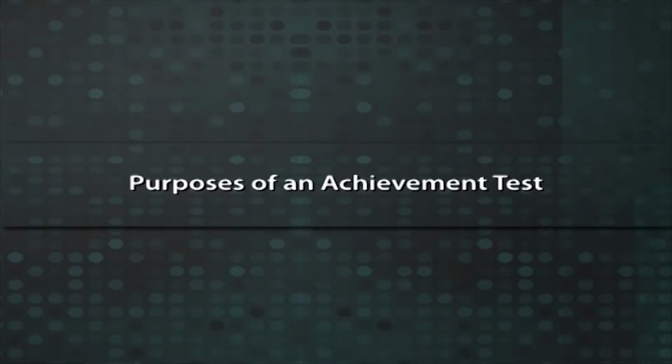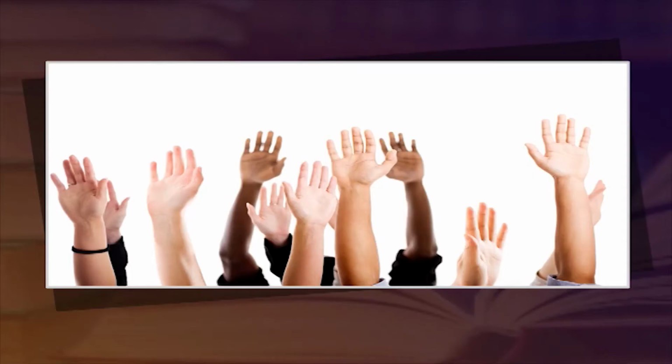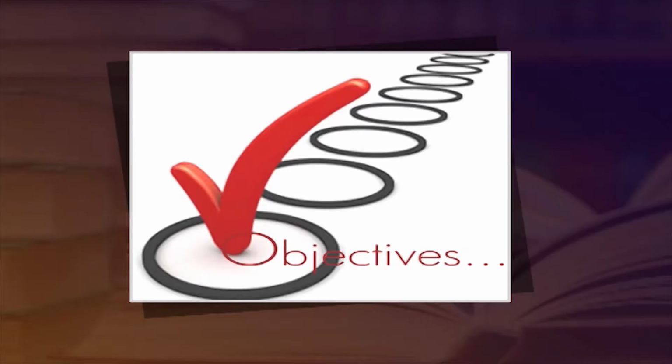Purposes of an achievement test. As the name suggests, an achievement test is designed to measure the academic achievement of students. The results of such a test would indicate the extent or degree to which a student has internalized the learning material. It should be noted here that this type of test does not measure the performance of students randomly. It, on the other hand, measures the achievement of a student in relation to a set of predefined instructional objectives.